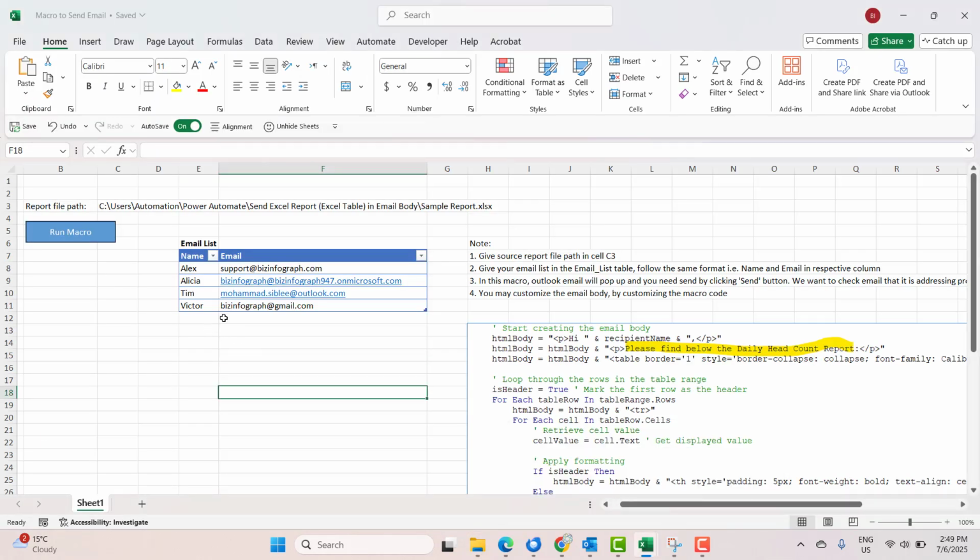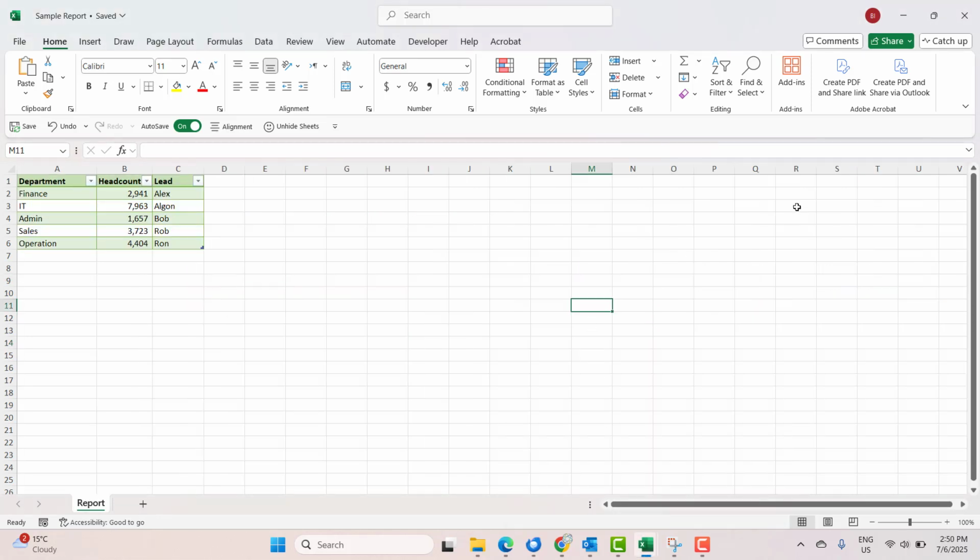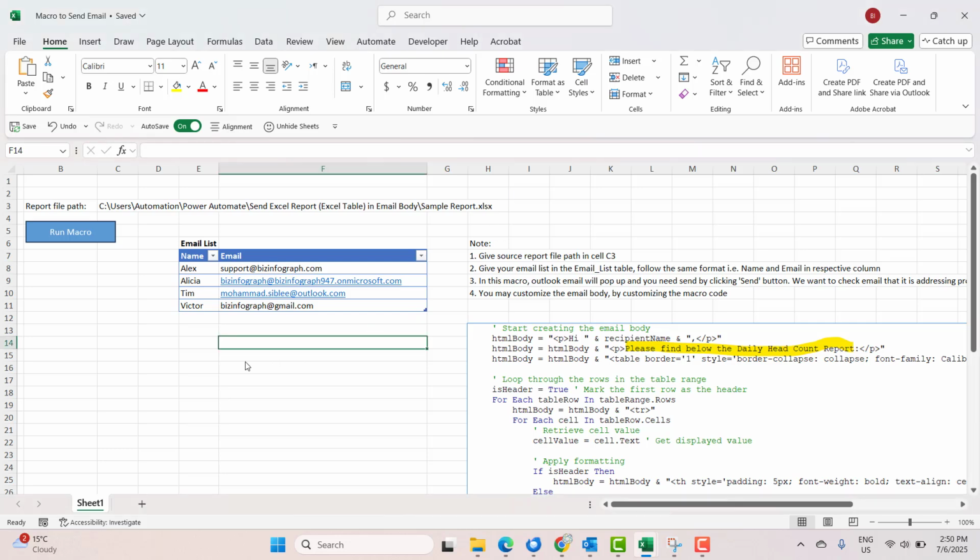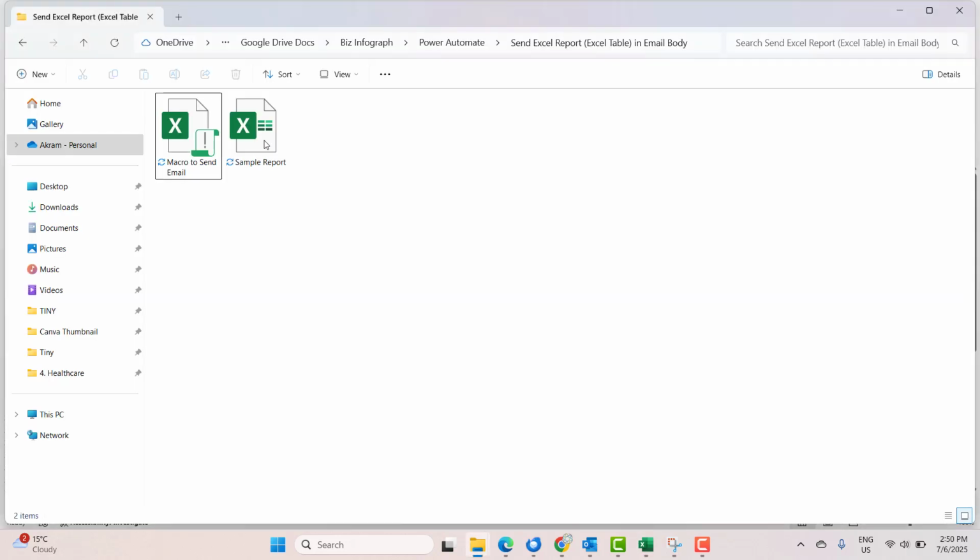So we have an email list here, and you need to maintain this table. For example, for additional recipients, you give more names if you have, and give the email address here. So first we need to give our source report file path. For the time being we close this sample report. So now we take this source report file path, select it, Shift right click,